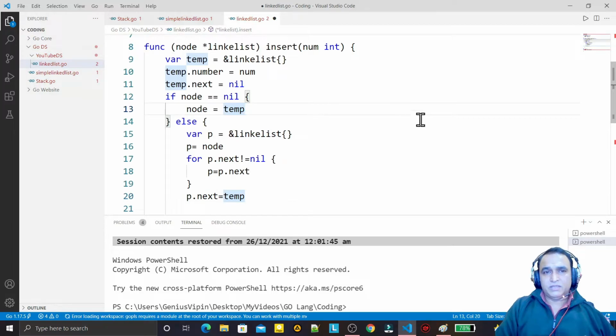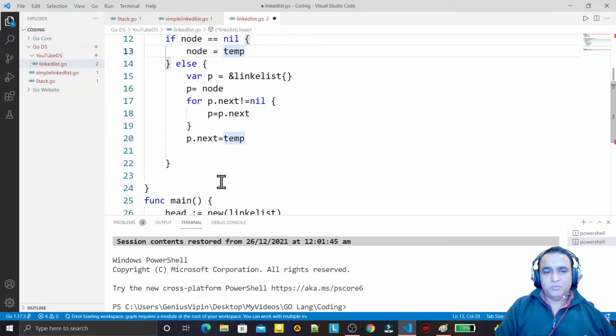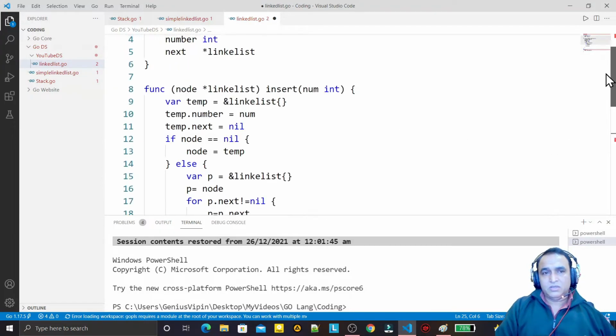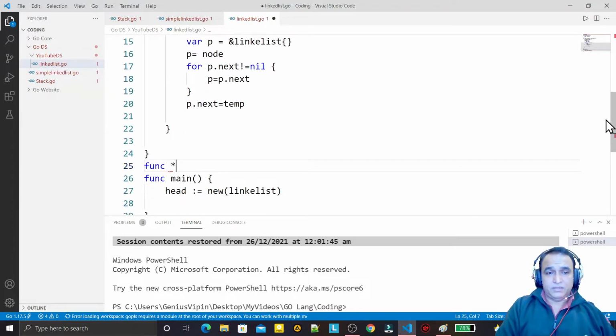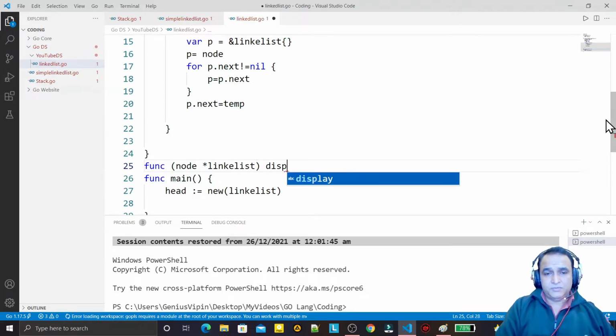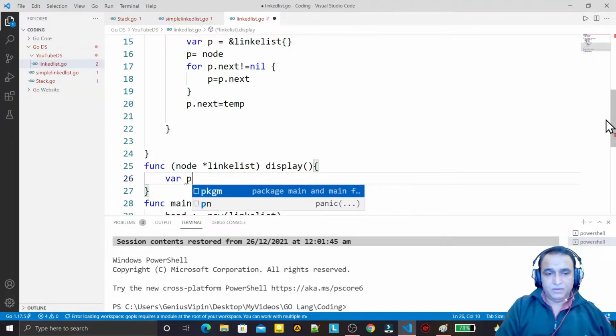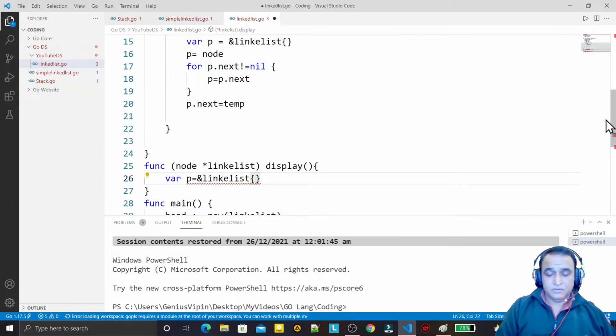So this is for the insert operation. For the display operation I say function, we can say method, because we are linking this with the structure, so it is called a method. So method, and I'm passing here node again linked list, and I say display like this, and here we create a node p equal to the address of linked list like this,